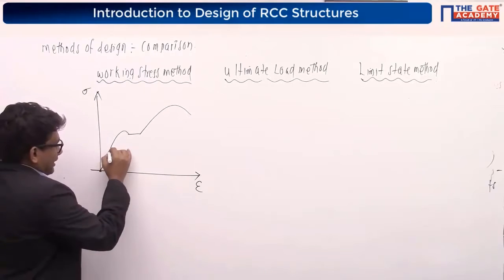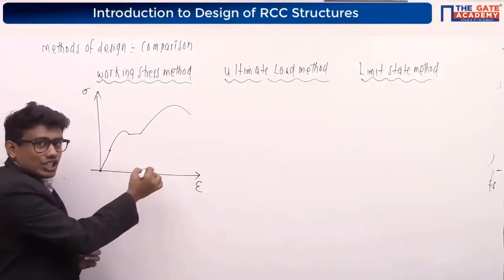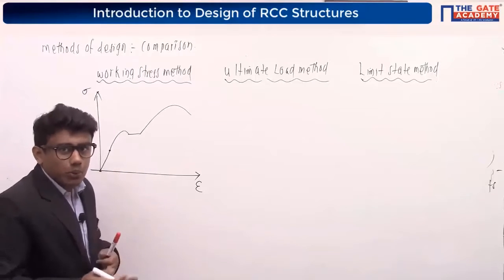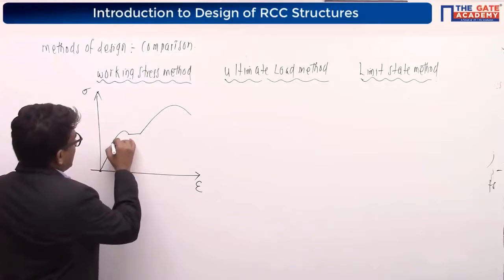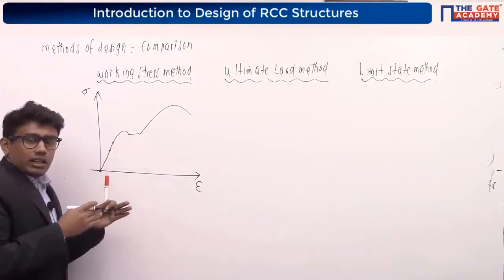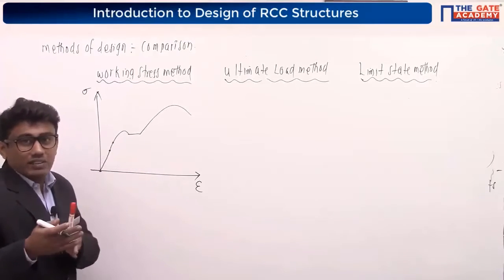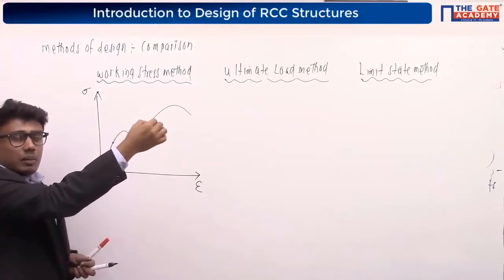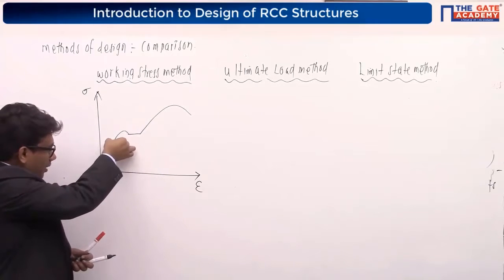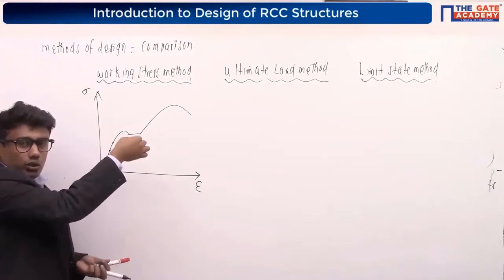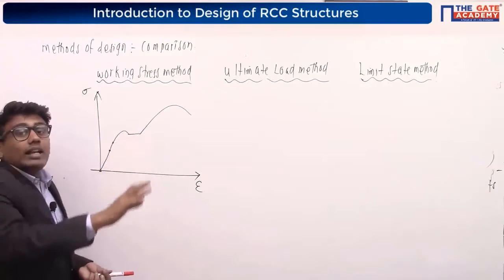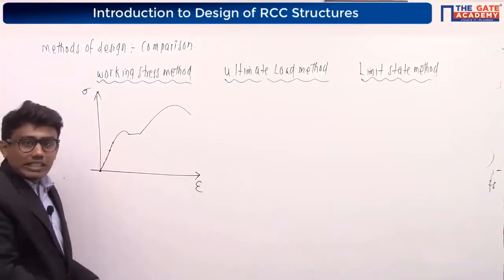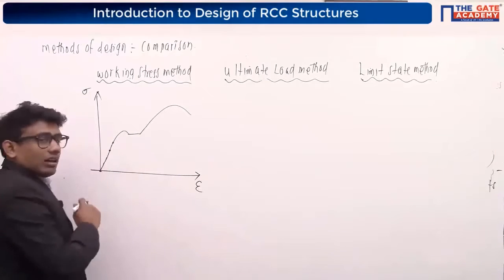From the origin, for a certain length, the stress-strain relationship will be linear or proportional. Stress will be proportional to strain, which is called the proportionality limit. And for a certain length beyond this, the relation between stress and strain will be elastic. When we unload the mild steel bar, the deformation which occurred during loading will vanish, or due to unloading, it will follow the same path and reach the origin, right? That point is called the elastic limit.